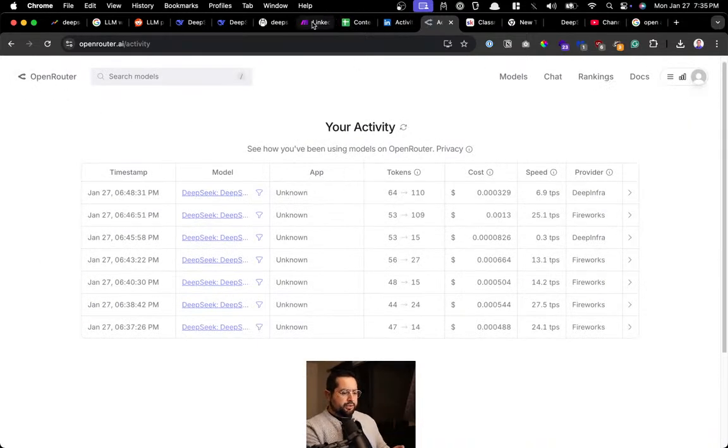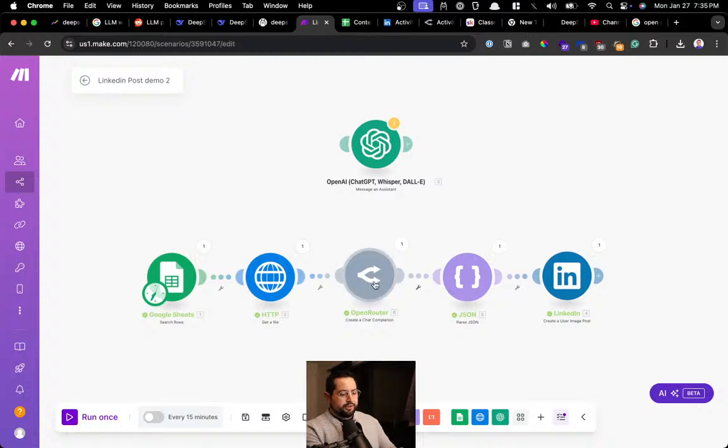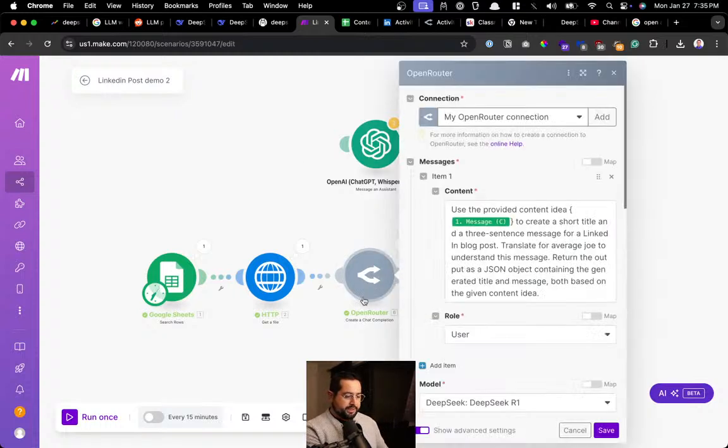And if we go back to our workflow, here's our module with Open Router, where basically it's called create a chat completion. So you link your API keys, you fund Open Router with like $5. That's more than enough to last you. You could go crazy, honestly. And it has good limitations so it doesn't go rogue, basically. So under this section here, message, right here, content.